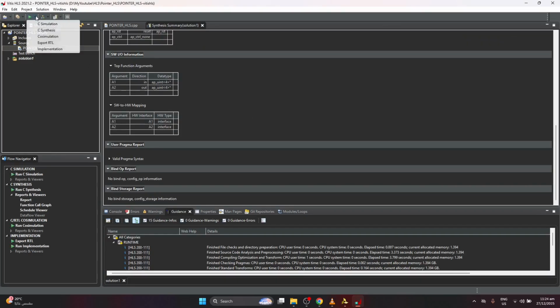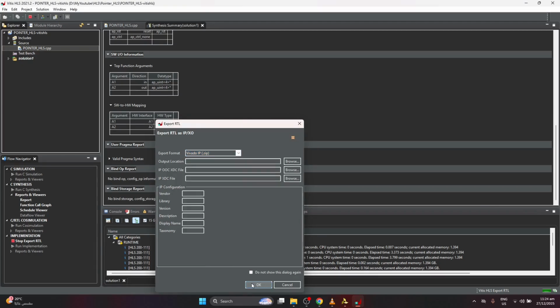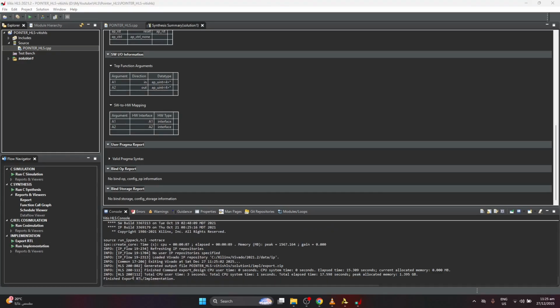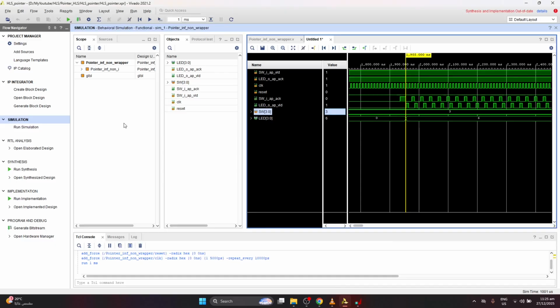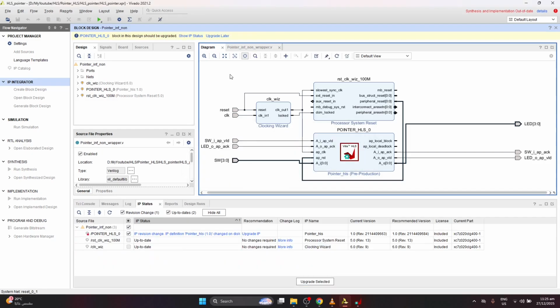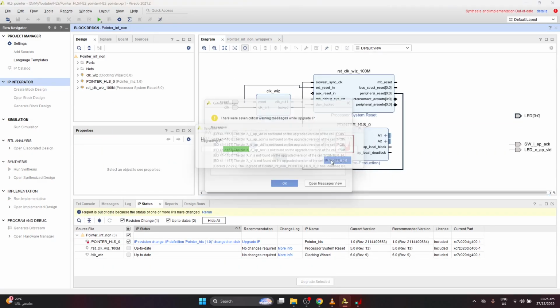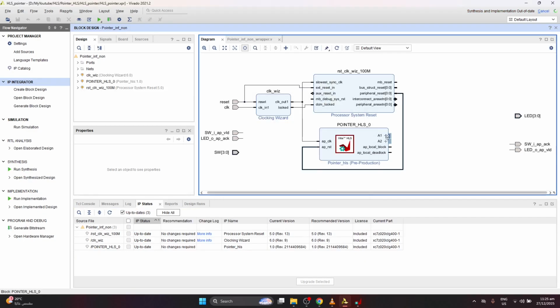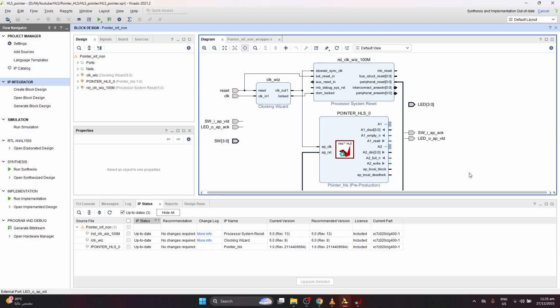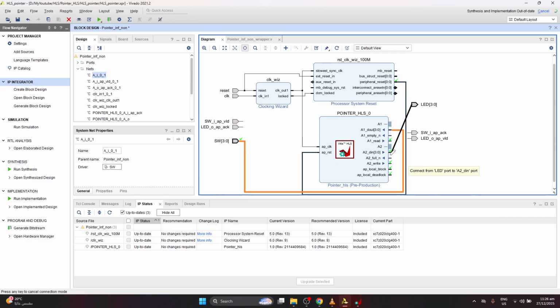Synthesis done. Export IP block. Finished. Here the IP is updated, so we refresh. Now this is our input. We will connect with the switch, and this output we will connect with our LEDs. Okay, and